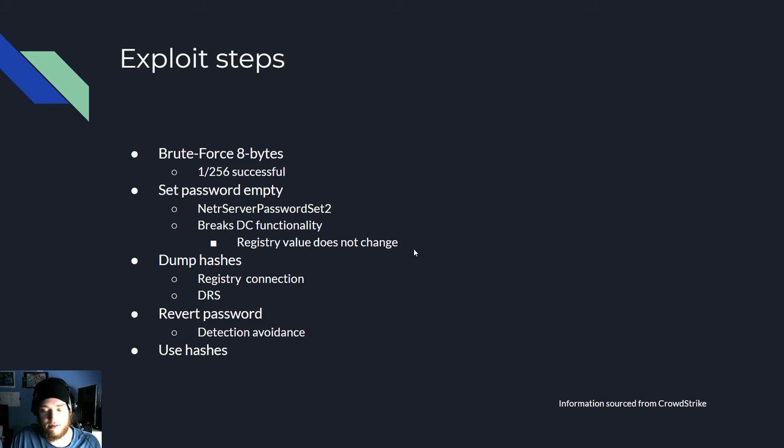And of course, that's just a string of zeros, an empty string. And of course, when your machine password and the password stored in the registry aren't the same, that causes some issues. And so it does break your domain controller functionality